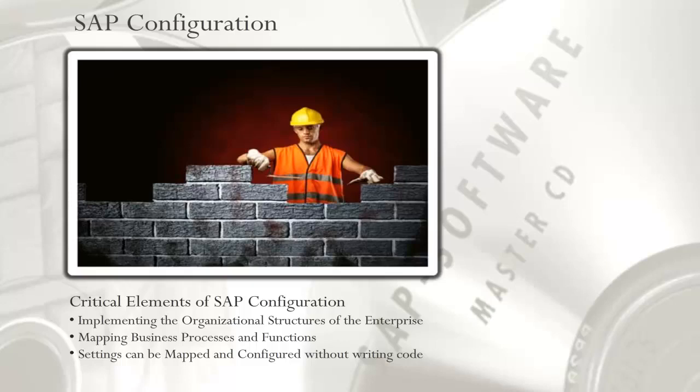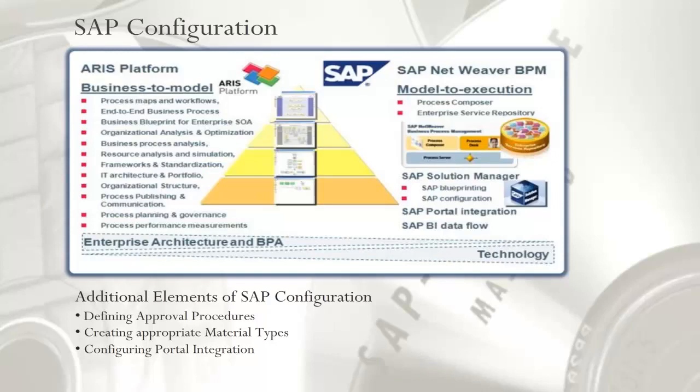Configuration allows you to map SAP's specific functions to the business processes of the enterprise without any customized programming. This is called the organizational structure and includes client data, company codes, and other relevant information. You can conduct configuration in the SAP system using the implementation guide, which maps the settings options sorted by business